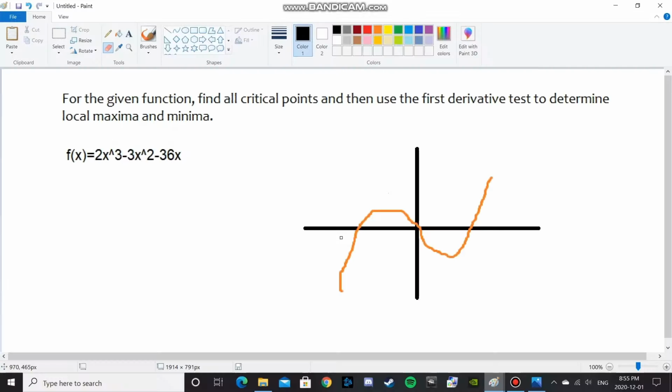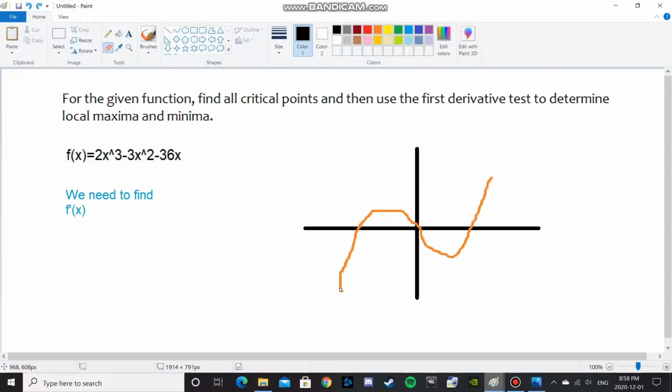When we are given a question asking us to find the local maxima and minima of a function, one of the easiest and most effective strategies we can use is making a graph. In this question, we are given a positive third-degree polynomial, so we know the graph should look something like this. However, this does not actually tell us the exact points of any local maxima or minima, it only tells us